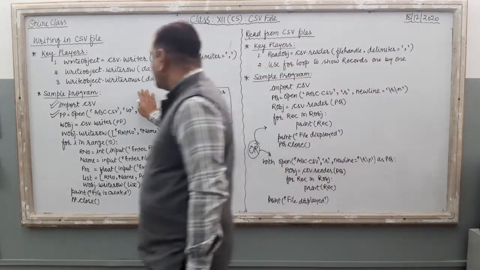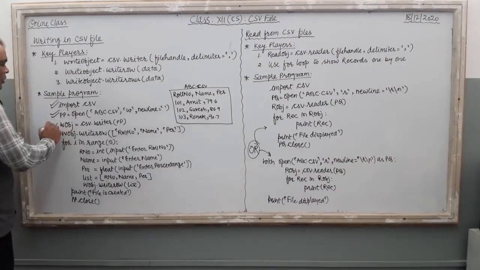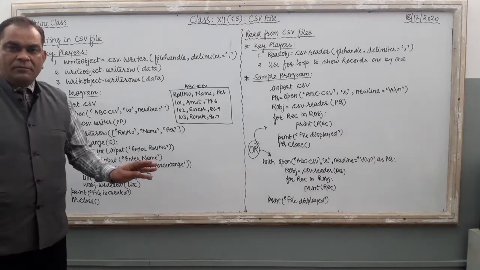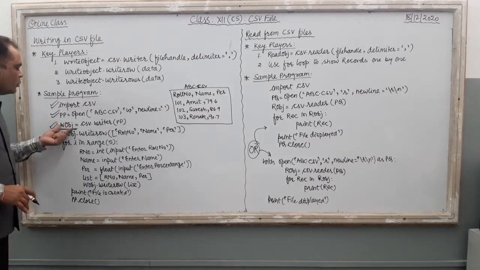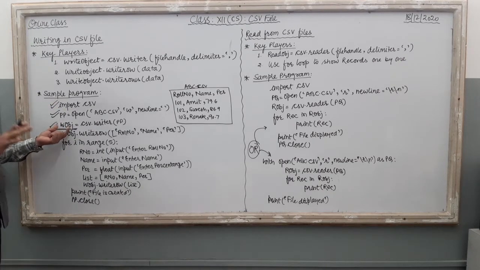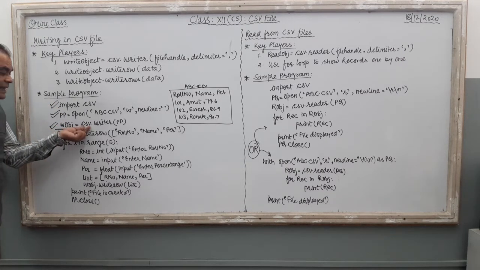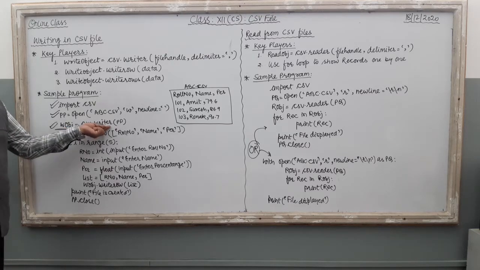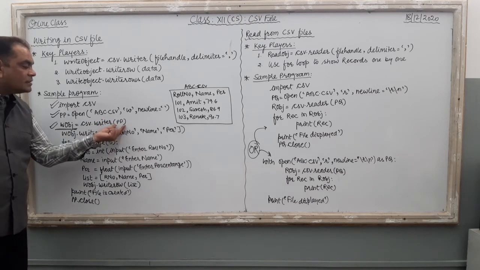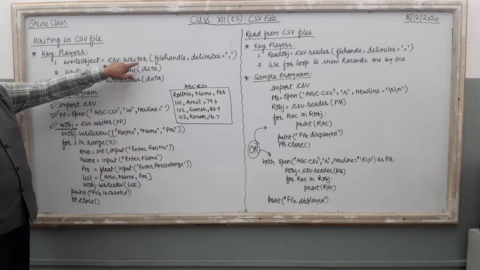Clear? So here it is file open. Then I am going to create a write object. My object name is wobj. w means write, obj means object. You can give any name. Clear? But here wobj, it is much easier to understand. So I just write wobj equal to csv, it is the module name, dot writer. It is the writer function to create the writer object. writer, then bracket, just write the file handle. This is the command.